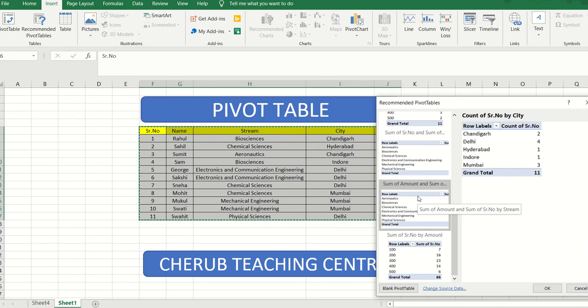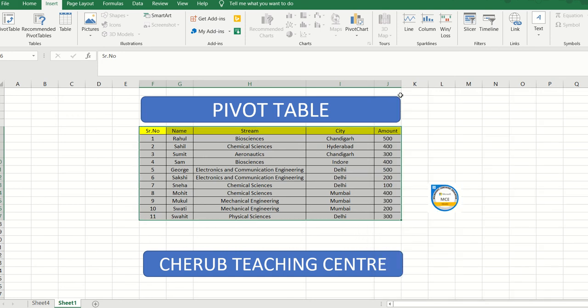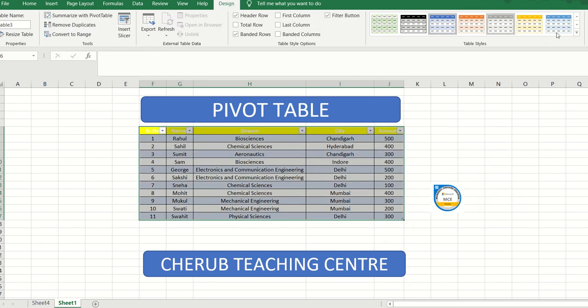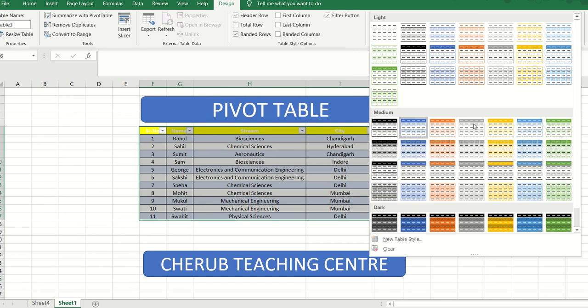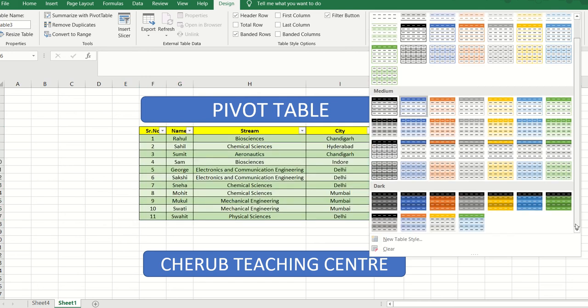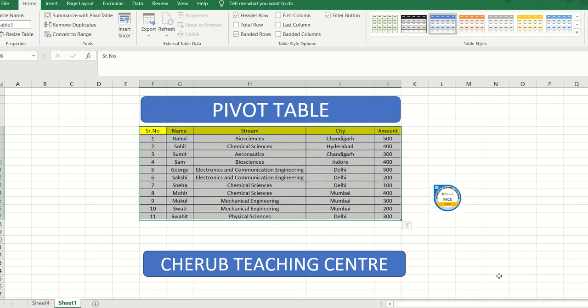Okay, now once this thing is done, so this was about the recommended pivot table setting that I was talking about. The next one that I need to take you through in pivot table part 2 is also the table option. Now the moment you click on this table option, it is going to select your range altogether, and then it will give you multiple formats of table that you can go ahead and select in case you want to format or design your table altogether. Okay, all right, so this is for that purpose.